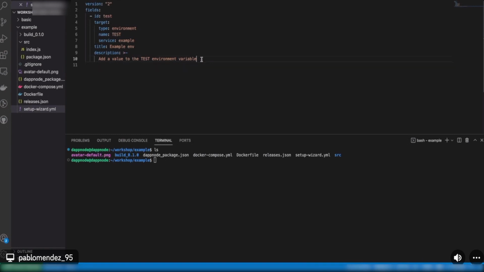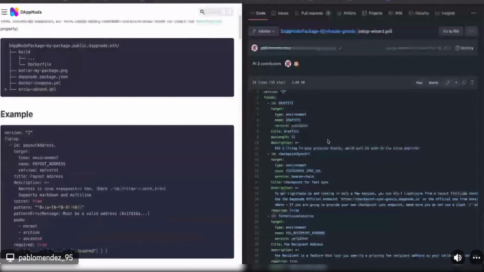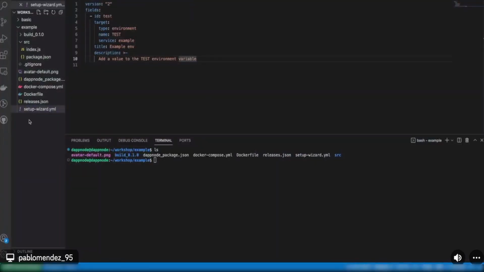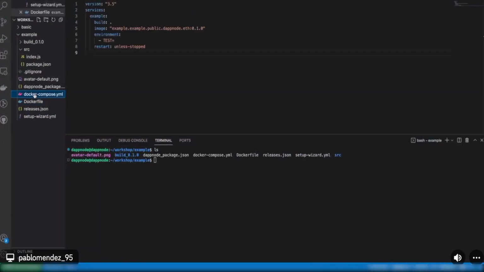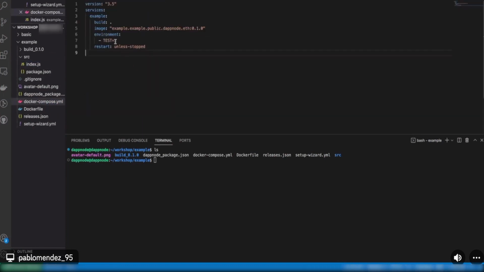As I said, you can check what all of these things mean, but it is self-explanatory. You just need to set the ID of this field, the target, type environment, and so on. You can check all of this in the documentation of the setup wizard. What I'm doing here mainly is defining an environment variable in the compose called test.